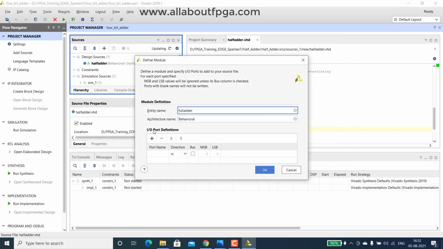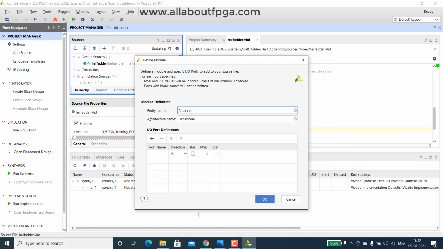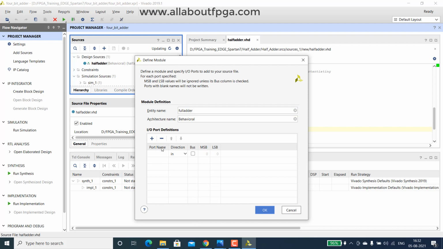Finish. So here we have to provide the port names. If you want to change the architectural name, we can change it here. We can keep it as something like structural if you want. So full adder got A, B and C in.